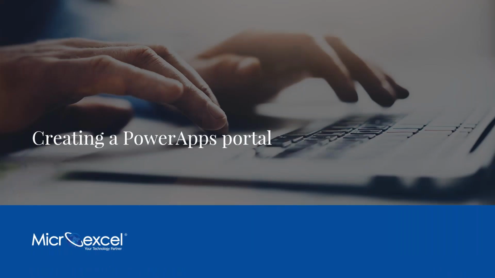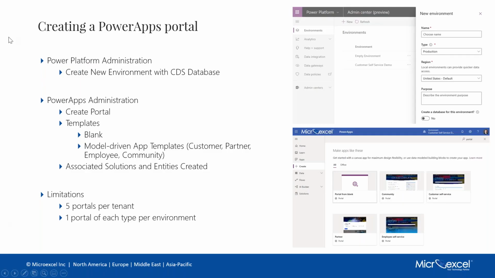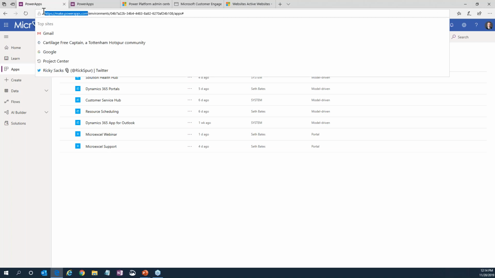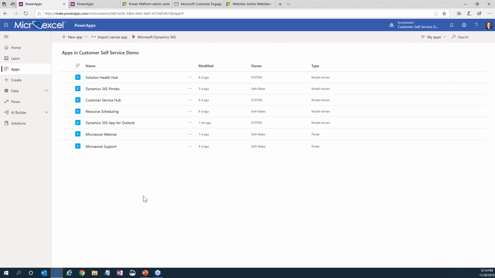Okay. So now, how do we create a PowerApps portal? So I've got a slide here, and we'll see this towards the end, but I'm really going to bring up the actual pages. So where do we start? Well, we start in PowerApps, and to get to PowerApps, you go to make.powerapps.com. Okay, so in make.powerapps.com, we've got this interface here, and up in the top right is your environment selection, right? So I'm working in one of these environments, and you can see I've got 4 environments here that I have